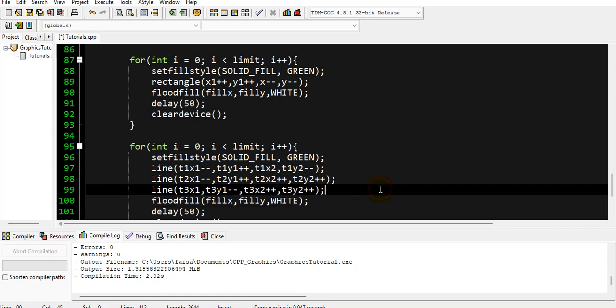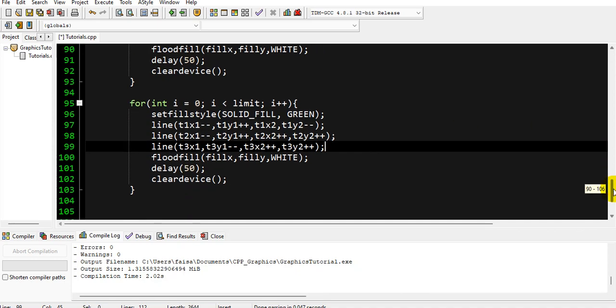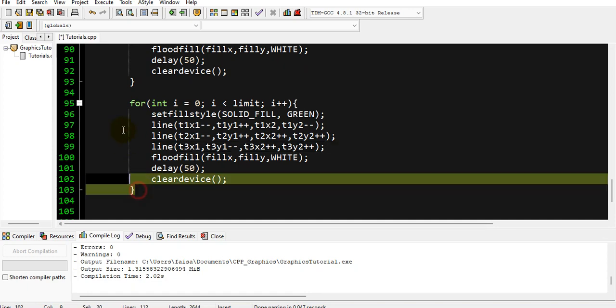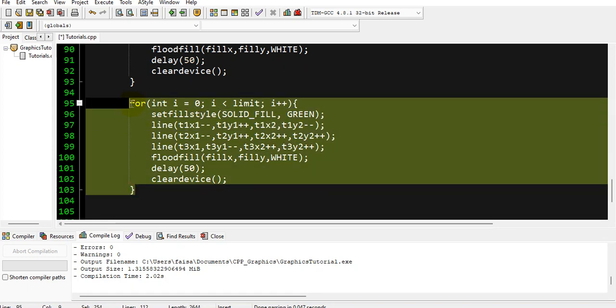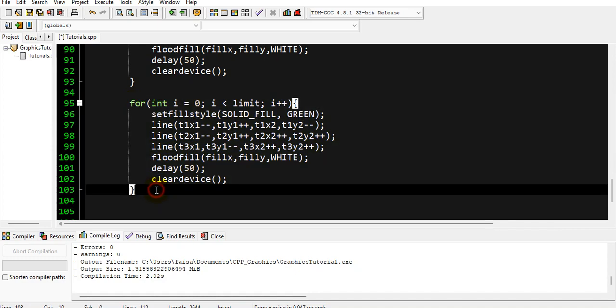Yes, it is. So this is for expanding the triangle, and after this copy that for loop, paste it below